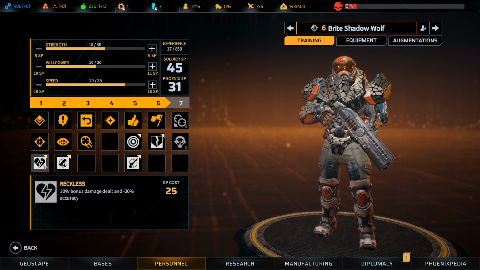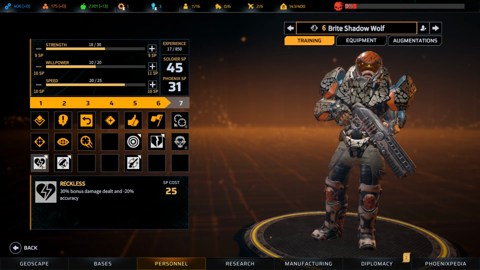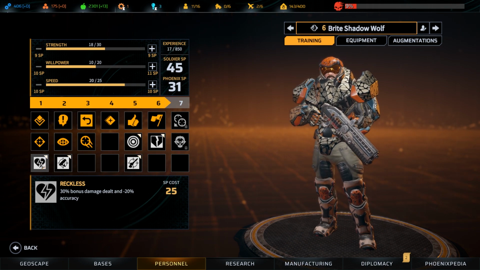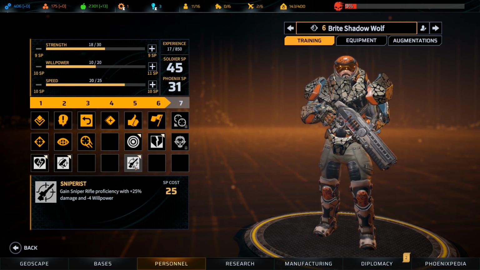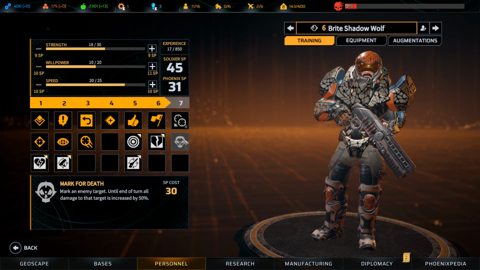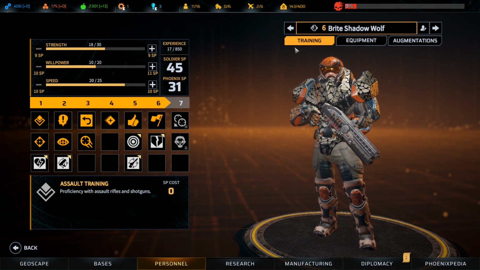I think that is decent enough. We could also give him more damage and less accuracy. I mean, if he gets in really close using the shotgun, that actually works out quite well. That's a lot of damage. Sniperist isn't really needed here. We'll leave him be for now. I don't think there's any real reason to